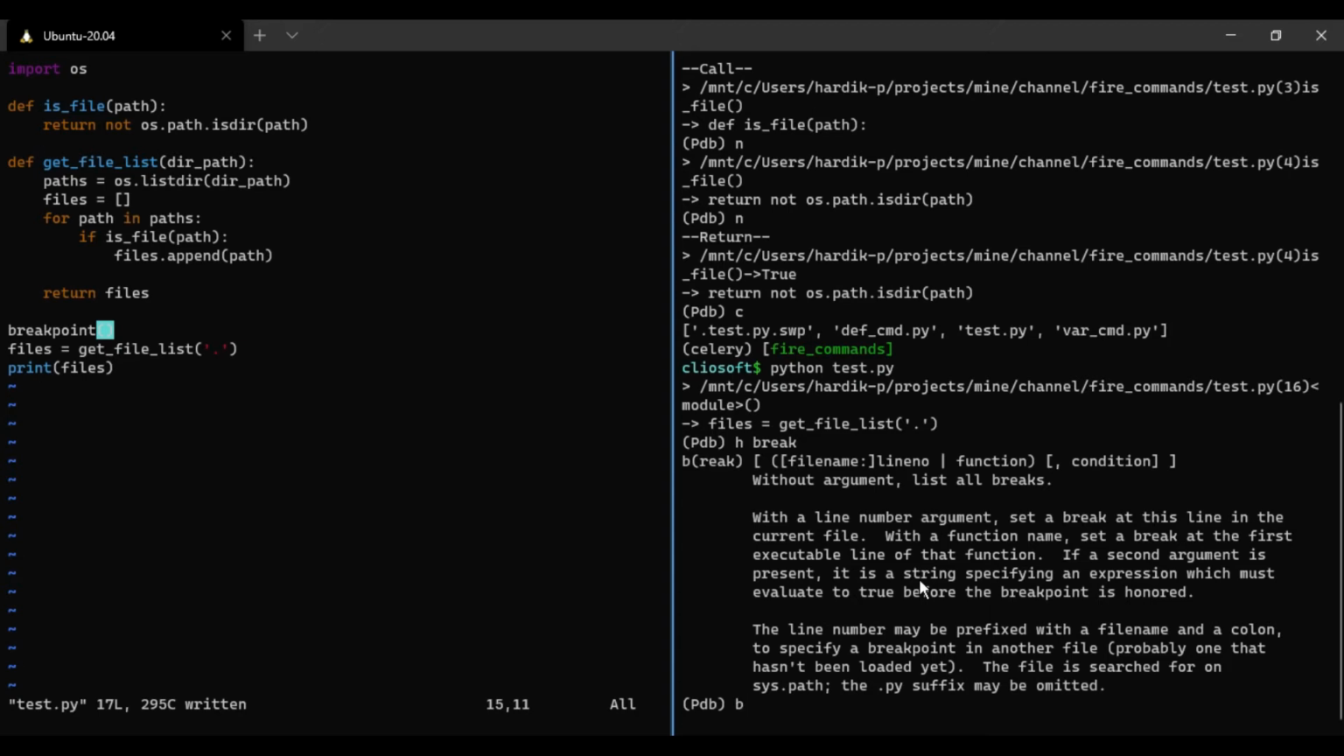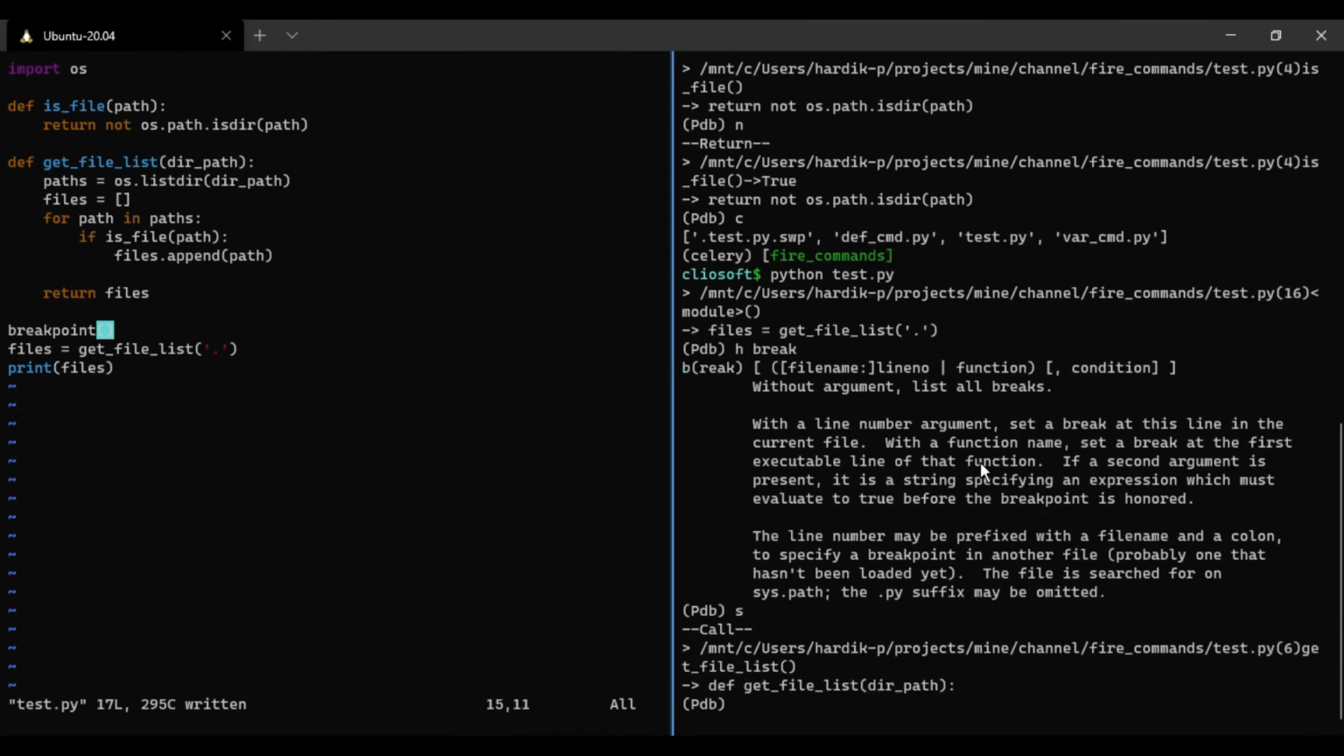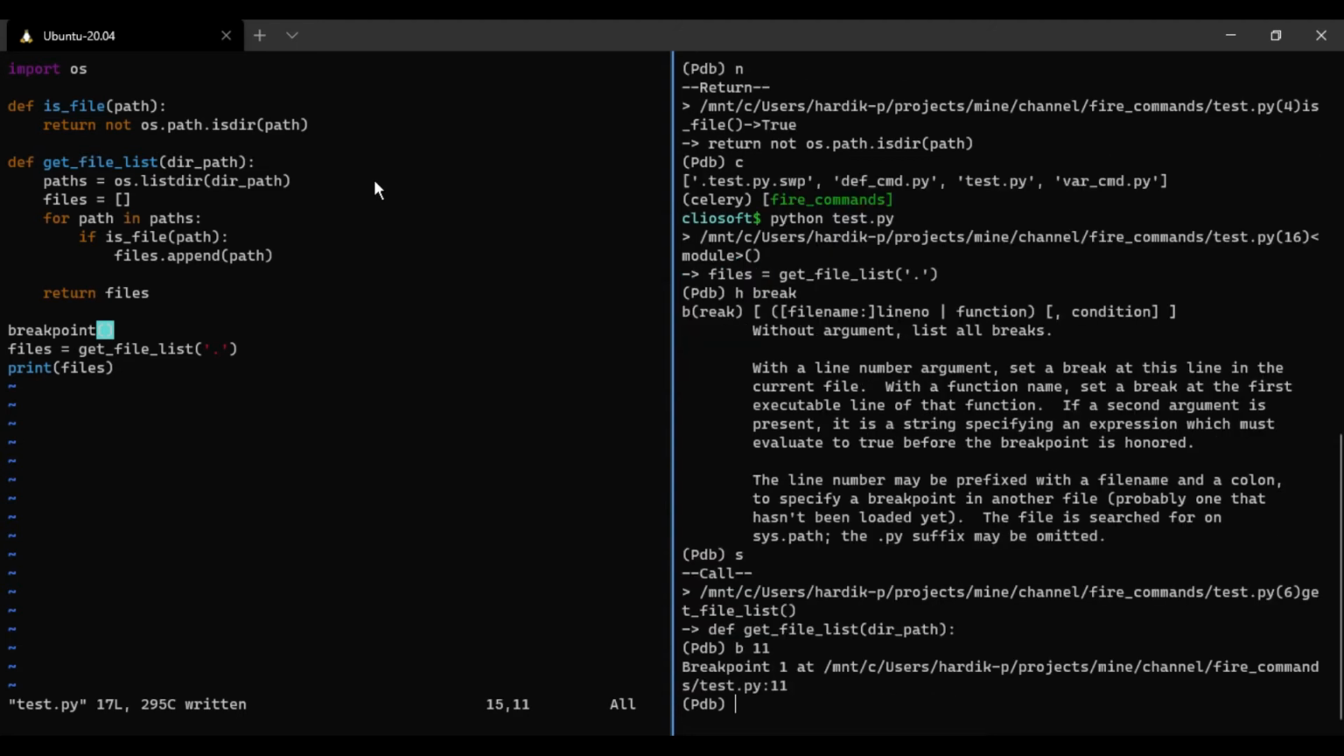So b, and where we are currently, we are at the 16th line, right? So let me first step into the program. Now we are at line number 6, and if I want to stop here, files.append path. So what is that line number? 6, 7, 8, 9, 10 and 11. So if I do b and then line number 11, it will automatically add the breakpoint for the 11th line